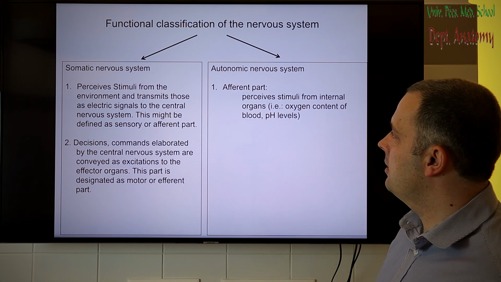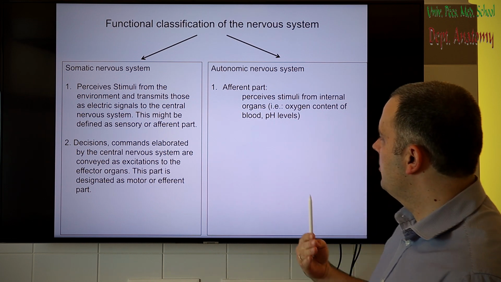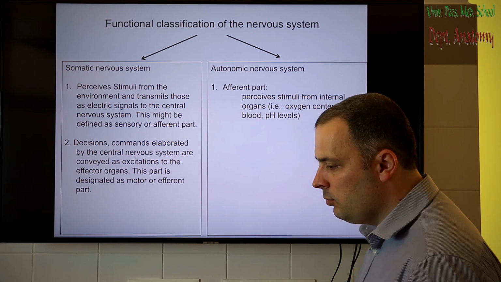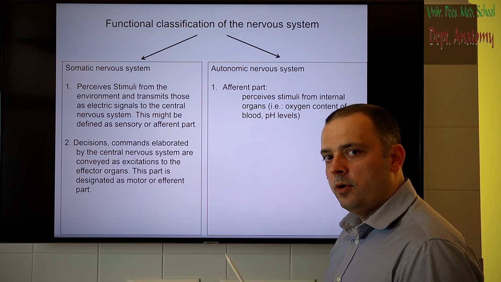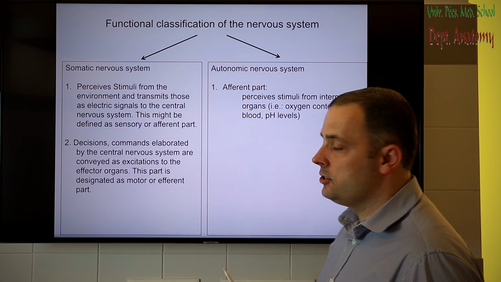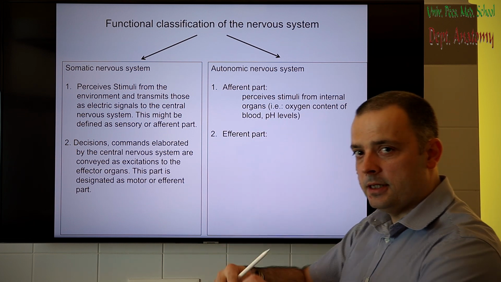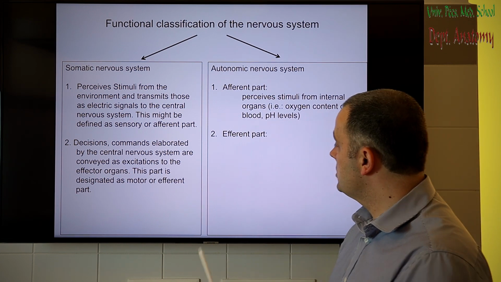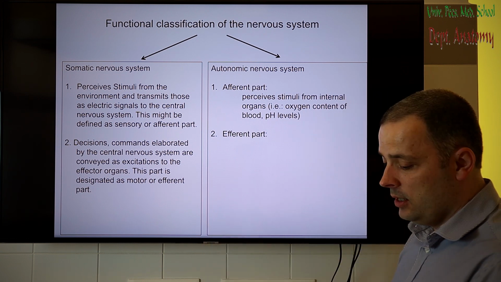It is also divided into an afferent part. This perceives stimuli, but typically from internal organs, from inside. For instance, oxygen content of the blood, or pH levels, or the movement of the internal organs are stimuli which come to the brain, but they never reach the level of consciousness, so you don't know your blood pressure currently, or you don't feel the oxygen saturation of your blood. And then the brain measures these internal organ functions. It is responsible for the maintenance of the body's main functions, and if anything has to change,